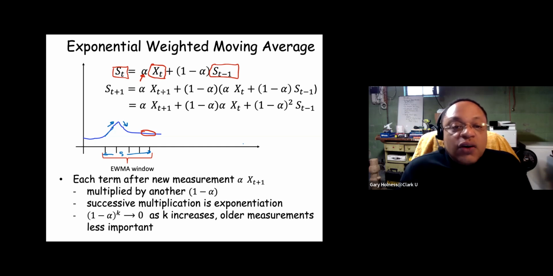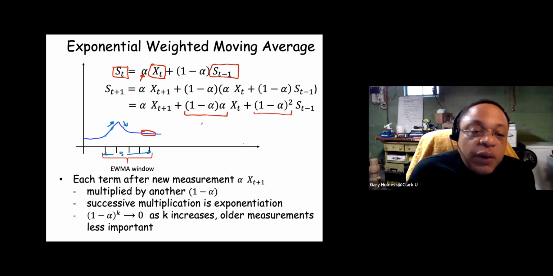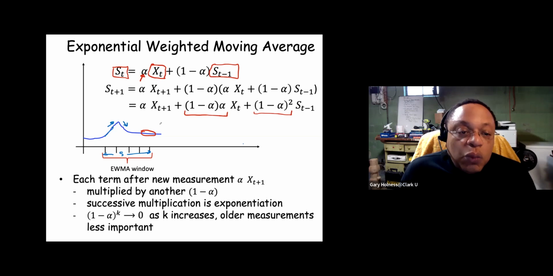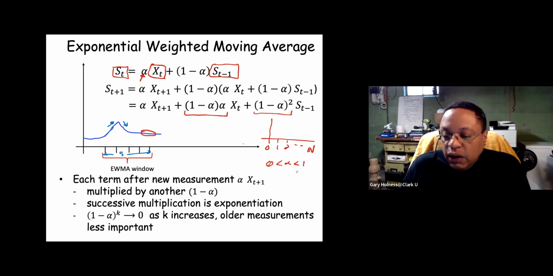And as we discussed, it's called exponential because of these terms. Here we have, when we iterate this recurrence relation, as we called it, a term here of a decimal, 1 minus alpha, times a decimal, alpha, and then we have another decimal, 1 minus alpha quantity squared. When you multiply 2 decimals or more than 2 decimals together, that ends up getting smaller and smaller and smaller. And as we had discussed, if you were to plot out the natural numbers along the horizontal axis, 0, 1, 2, etc., and you have some number alpha, where alpha is between 0 and 1 on the real number line.